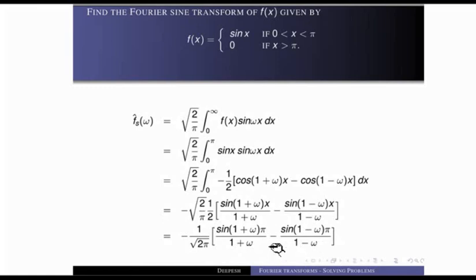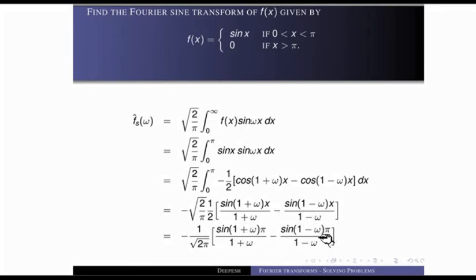The LCM is 1 minus omega square, and while doing this part you should use the sine A plus B formula. So there will be sine pi into cos omega pi plus cos pi into sine omega pi, and you should keep in mind that sine pi is equal to 0 and sine n pi equals 0 for every integer n, whereas this omega need not be an integer, right? So you cannot take sine omega pi to be 0. That's how the answer will come in terms of sine omega pi.